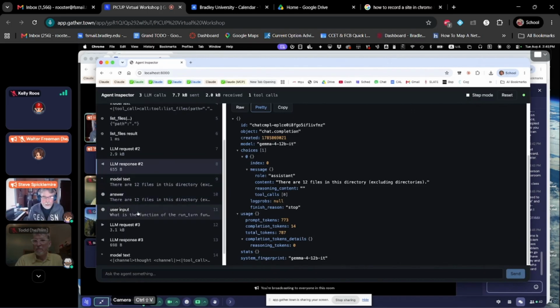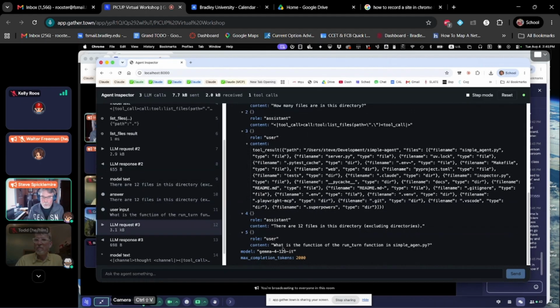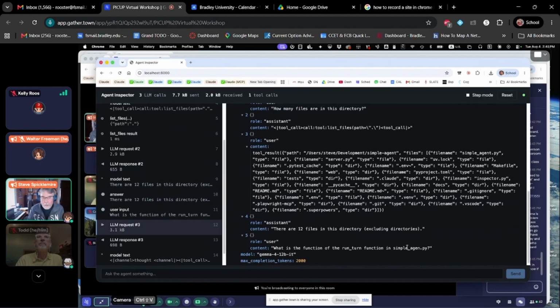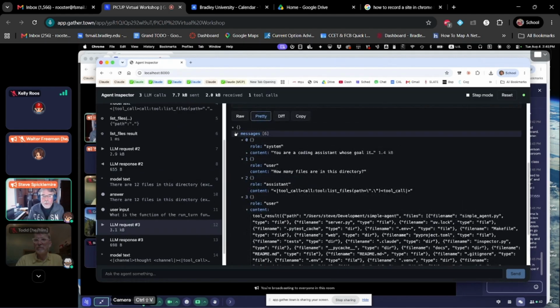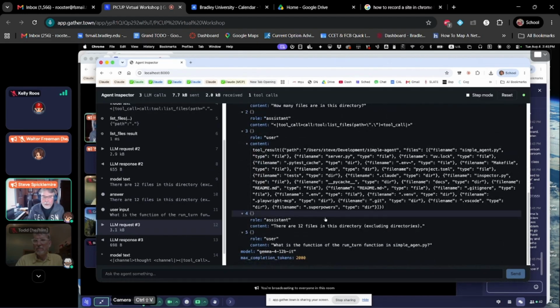So now when I went to ask the next question, which is what is the function of the run turn function in simple agent, I want to point out that it included everything, the system prompt, all the conversation that had happened up to that point, including the new question. So if you're in a conversation with an agent, when you ask a new question, it's taking all the stuff that's happened